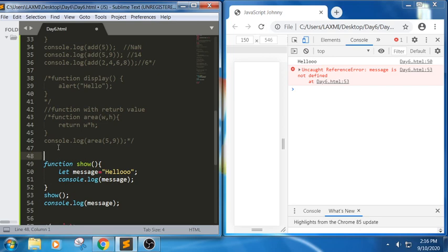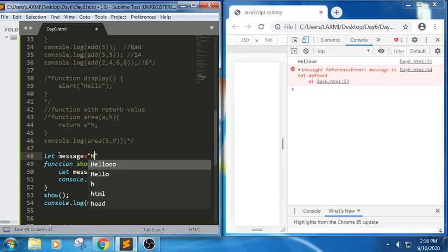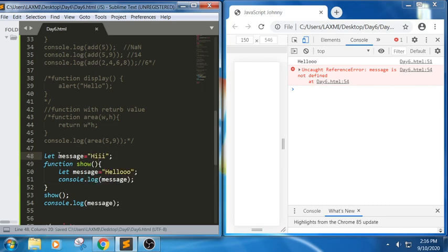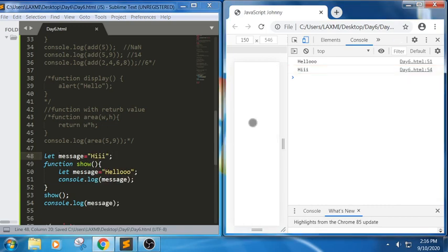Let me put the same thing. Can we access the same thing using var? Let's check. See, the message is not defined, so it has only the block scope here. For example, I am trying to write the same keyword, message equals hi, outside the block.